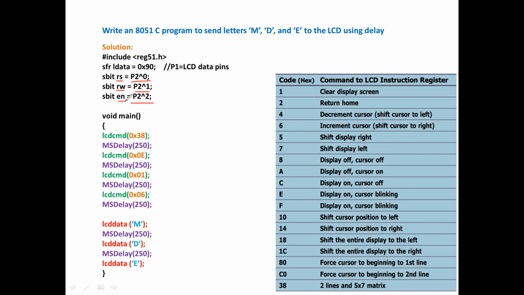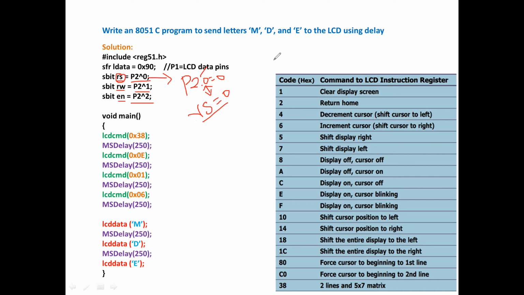I'm just defining. So in my program, if I use RS equal to 0, it indicates that this particular port pin, port 2.0, is 0. If I want to make this particular port pin 0, I can simply assign RS equal to 0.